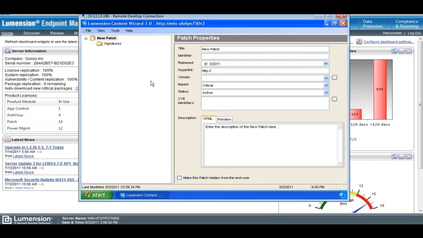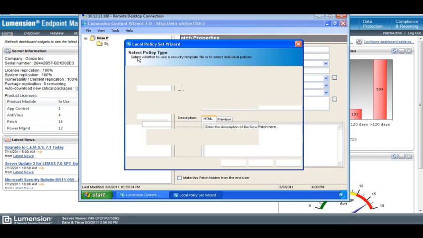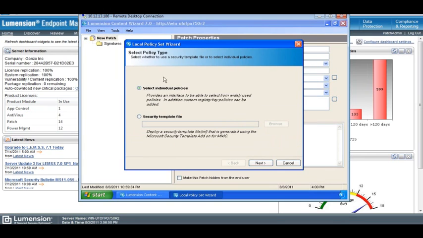And within the Content Wizard itself, we have a tool to create a new policy using our Policy Wizard. So let's select that. We have a couple of options here on which type of policy we want to start from. I can either select from a pre-selected list of widely used policies, or I can import a security policy template, and that's based off of the Microsoft Management Console security template. So in this example, I'm going to start from a list of policies,